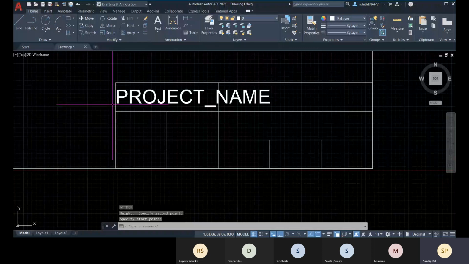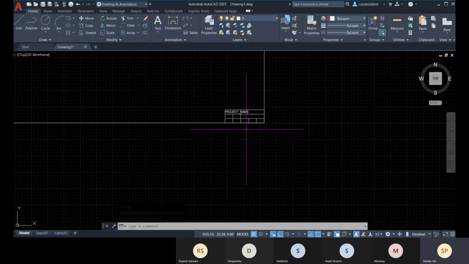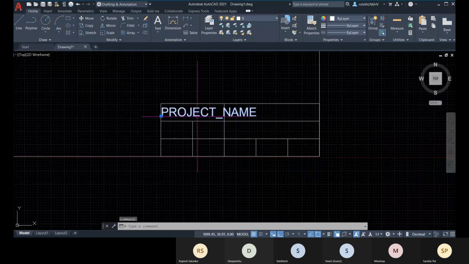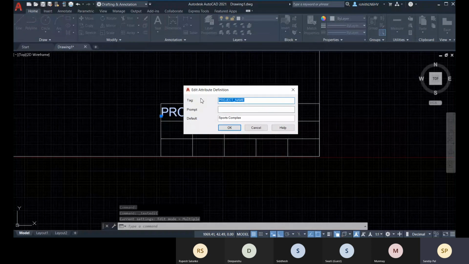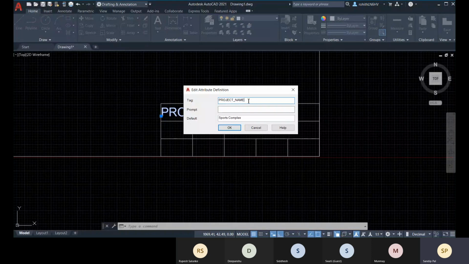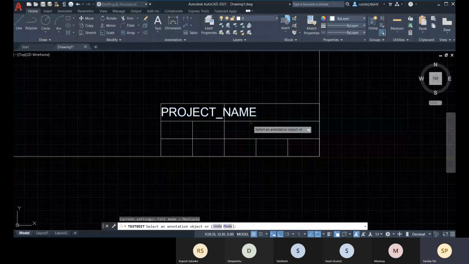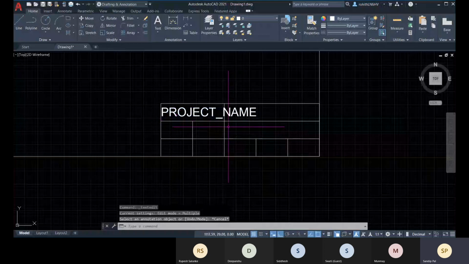This height is really big for this space, right? So what we can do, we can change the text height. So double click on it, and here you can see this is right now the edit attribute definition, and this is right now the tag value. When this is an attribute, you can change the tag value, but when you convert it into a block as a block attribute, you cannot change the tag value. Only the default value can be changed. So we can change it after creating our